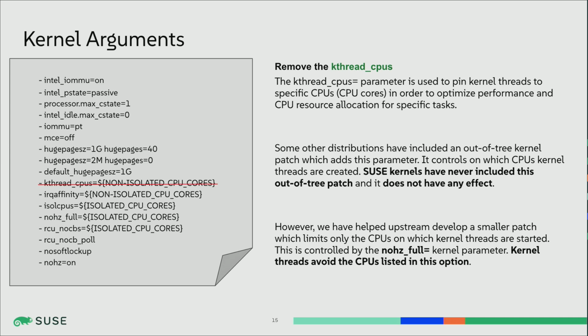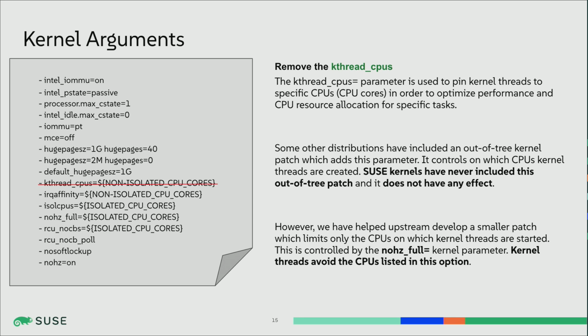This is an interesting parameter because at the beginning, to be honest, I didn't know. Working with kernel people, you always learn really good things. So we were using the kernel thread CPU parameters, and it's mostly used for all vendor distributions, but the SUSE kernel never included one of the patches, which is included in these parameters. So at the end of the day, we don't have this out-of-tree patch included in the SUSE kernel,